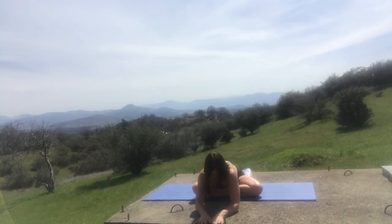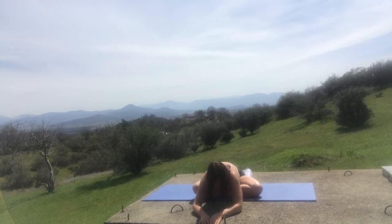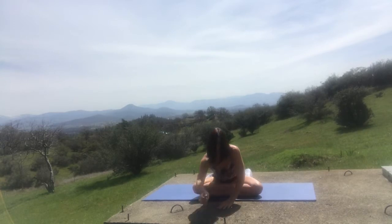And then softening the chest towards the earth. And get into the low back. Breathing into the low back. Broadening the back body with the breath. And on an inhale, press your way up, and we're going to come down around onto our hands and knees,